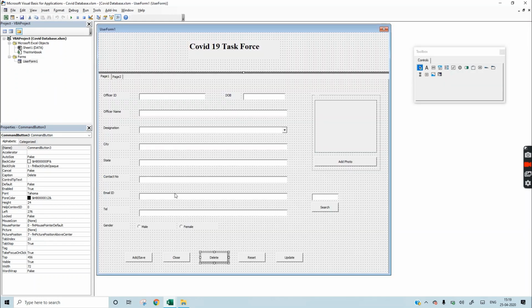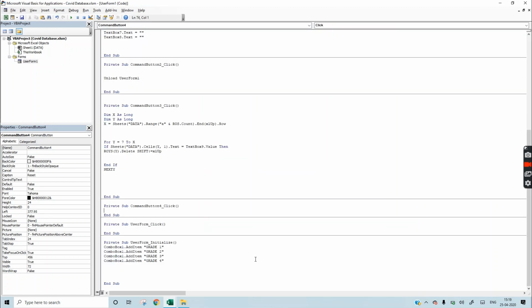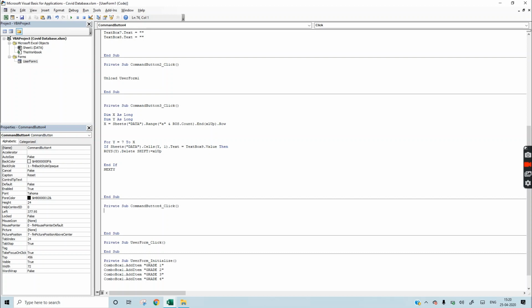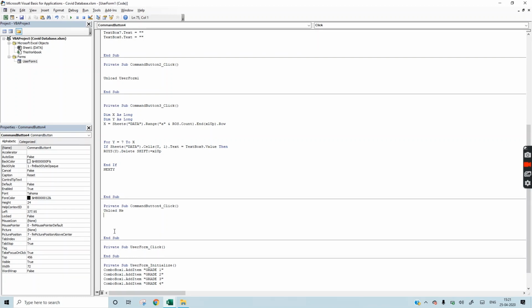Go to user form 1 again. Now we will do the reset button. It is very short. Code is very simple also. Unload me will clear that user form, and we want to show it again, so we'll write that.